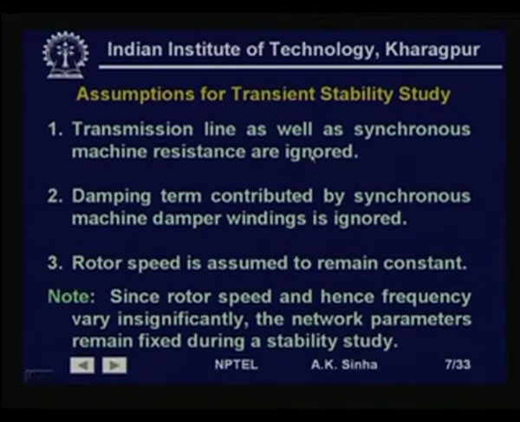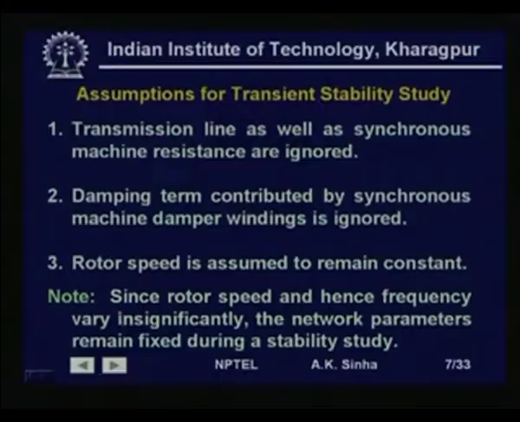This is very much valid in one sense, that the resistance of the transmission line is much smaller compared to the reactance of the line. The same is the case with the synchronous machine windings, that is, the resistance is much smaller compared to the transient reactance of the machine. So, they are generally ignored. The other aspect of this is that it is going to lead to a conservative result, in the sense that if the resistance is included, we know that they are going to have damping in the system, and therefore this is going to